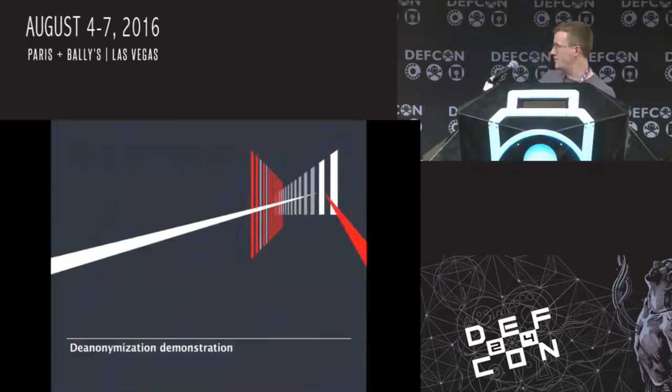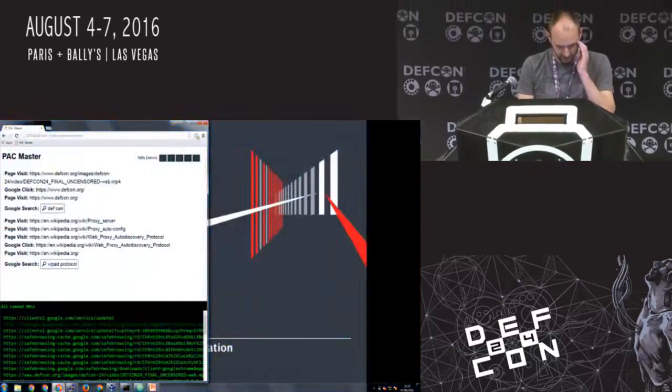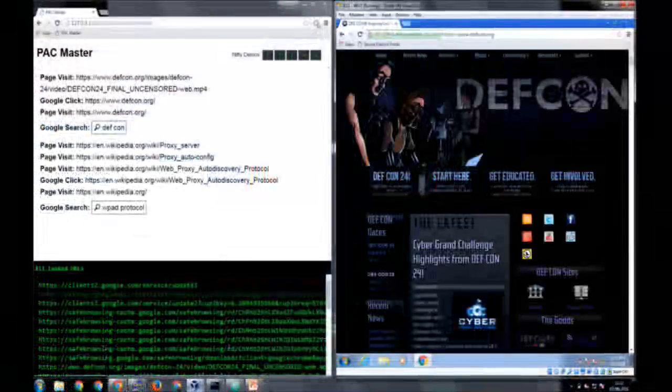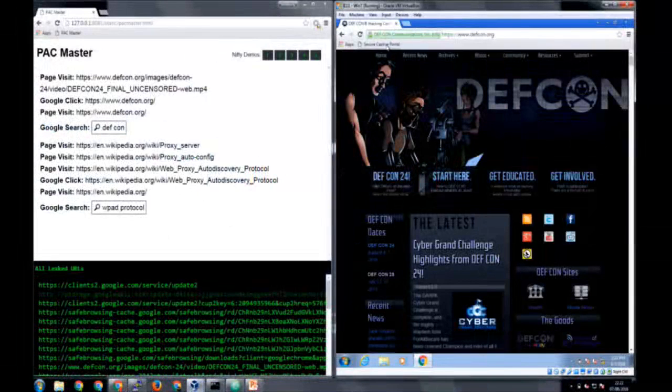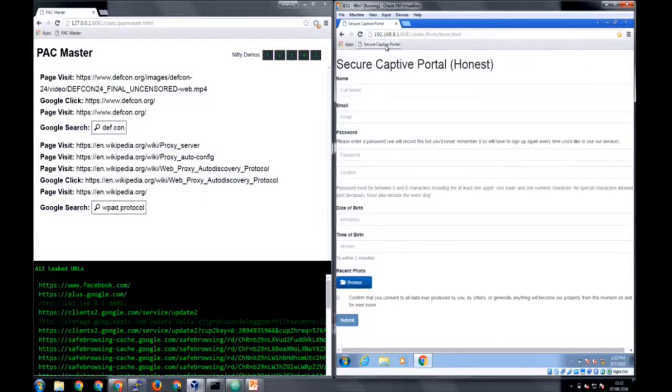Right, over to you. Let's see if we can see this in practice. So find our VM again. So in this case, we have the same as before, the user's there, but we've managed to force them to a web page we control and are able to inject content to. So we've chosen a particularly complicated, secure captive portal, so they'll be on there for a little while.